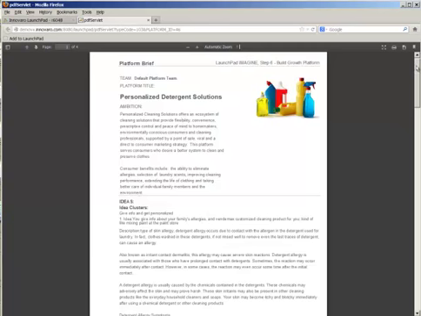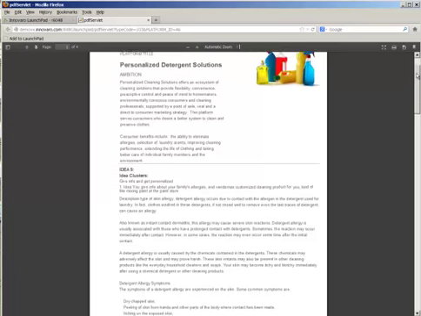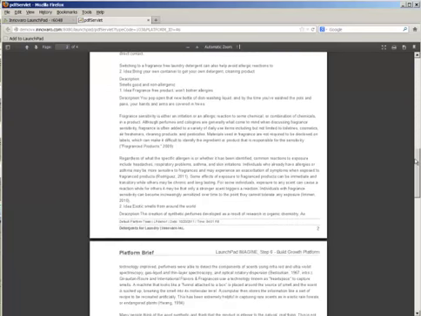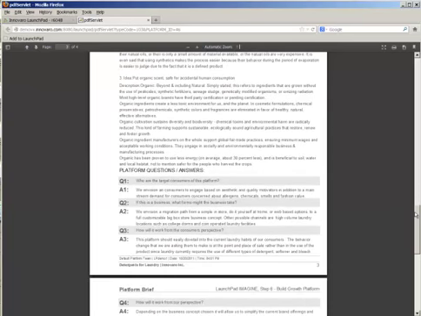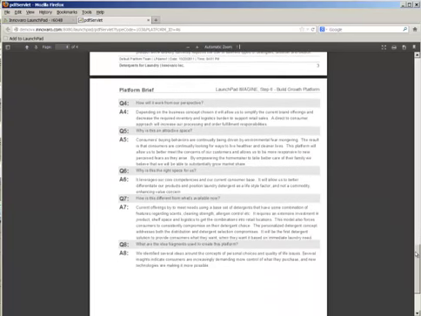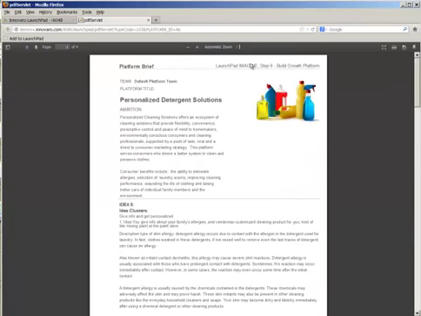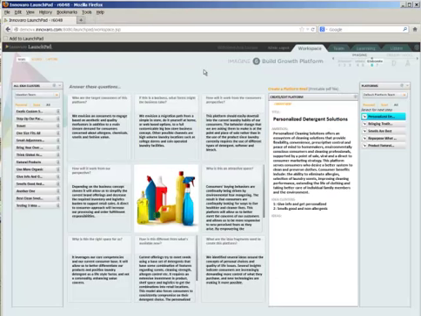What that allows you to do very simply and very quickly is to create a PDF. And what this PDF does is it takes your ambition, it takes your title, it takes the information and the answers you've given it, it takes the data that makes this up in terms of the various clusters of ideas, and brings it all together into a single document that then can be circulated to other people to get their comments and questions to help to flesh this out. So this is what it's about, going from a cluster of ideas to a platform, something that you can really start to take forward to people.